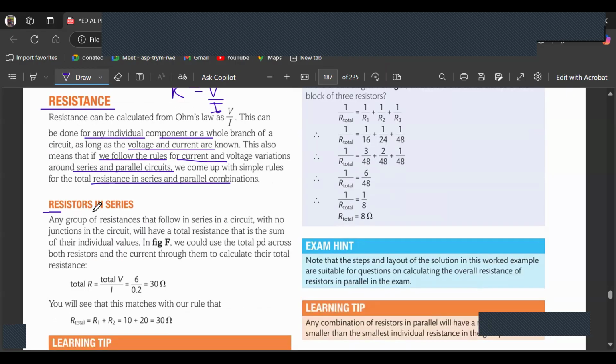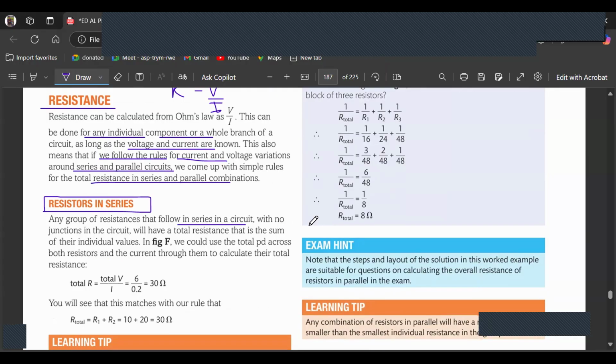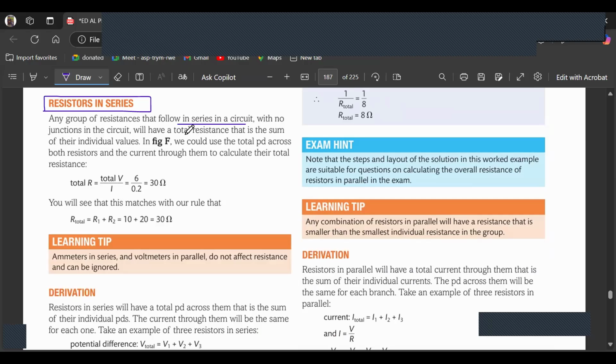So if we talk about how to calculate resistance in series, you just saw in the video as well, any group of resistances that follow in series in a circuit with no junctions in the circuit will have a total resistance that is the sum of their individual values. And we can use the total potential difference across both the resistors and current flowing through them to calculate their total resistance as well. तो अगर आपने टोटल आर निकालनी है, अभी हम सीरीज की बात कर रहे हैं,